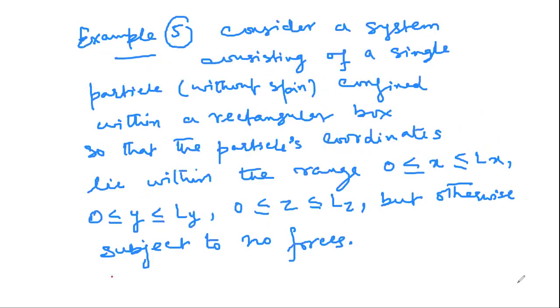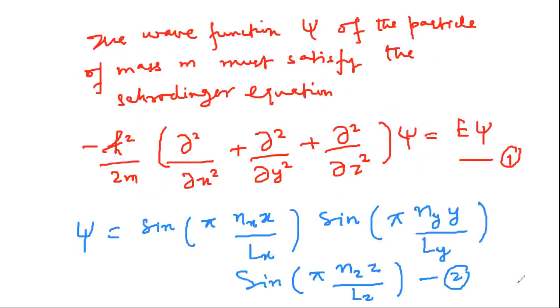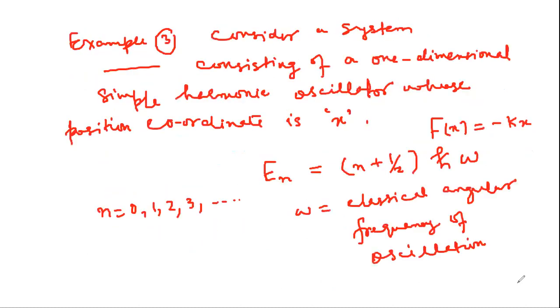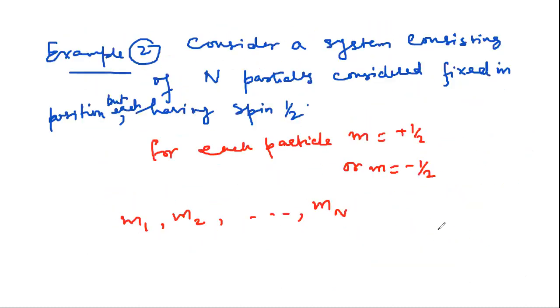And then we considered a particle in a three-dimensional box, which inside the box is assumed to be free. Here we have three quantum numbers, nx, ny, and nz. The specification of these three quantum numbers specifies the state of the system. Incidentally, when you say the system consists of n particles, each particle having spin half, it is assumed that we are taking the system of n particles as weakly interacting with each other. Then you need to specify individually all the m's to specify the state of the system.